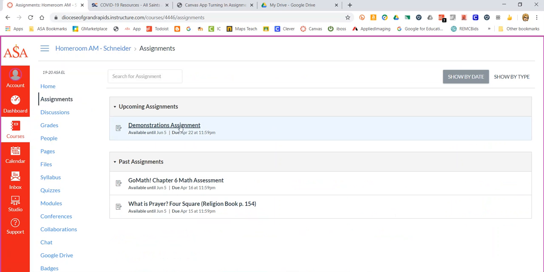And this is the assignment we're going to use for today. Mrs. Schneider was kind enough to make me a demonstration course for one of her first grade students. The other place that you can find assignments is over here in the left column. We can navigate to Calendar,